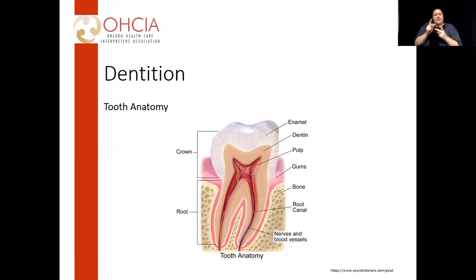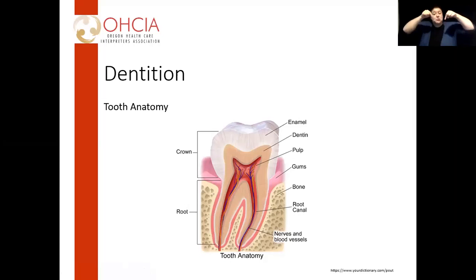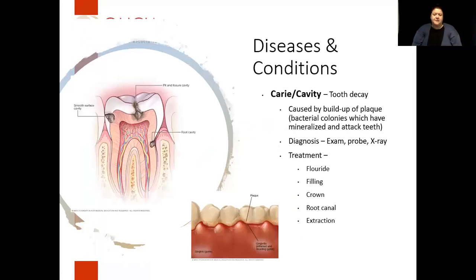The soft part, which is the pulp, has down on the bottom the root canal, and that is the part where, if a tooth is badly affected, you may need to have a root canal done. That's where they go in and drill into that part of the tooth to deaden it or to clean it out. And that can be kind of painful from what I understand. Thank God, I don't know